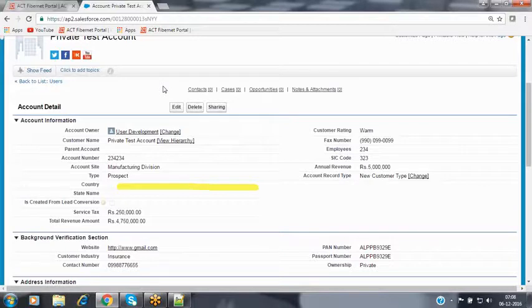During my vacation period, please contact this lead. This person is already ready to purchase our product. Just the documentation process is pending. So please complete this documentation process on behalf of me. Here I'm going to give authorization to one of my colleagues so that he can contact that person and do the required documentation process.